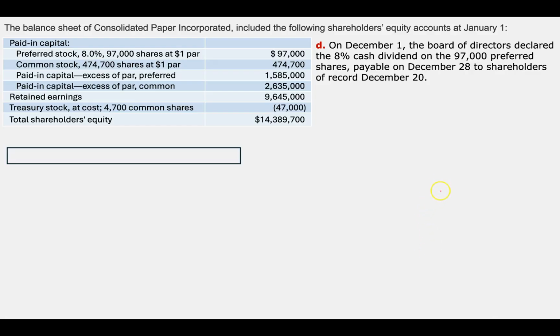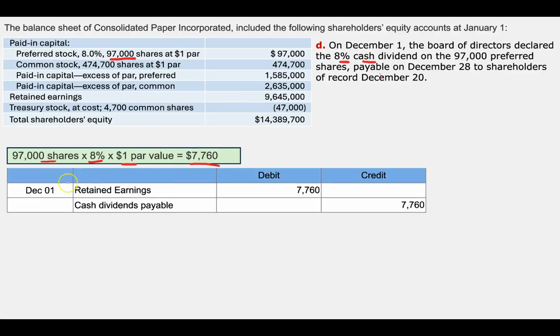Part D. On December 1, the board of directors declared an 8% cash dividend on 97,000 preferred shares payable on December 28th to shareholders of record December 20th. So here's our preferred shares. We have 97,000 shares and we can get an 8% dividend. For preferred shares, we're going to take the 97,000 times 8% times its par value equals